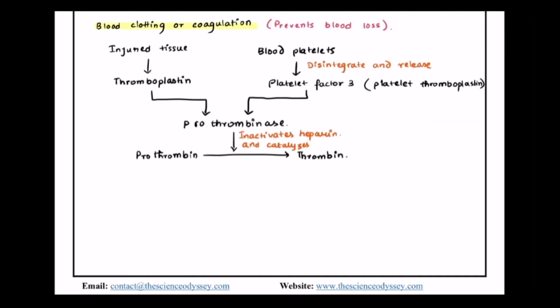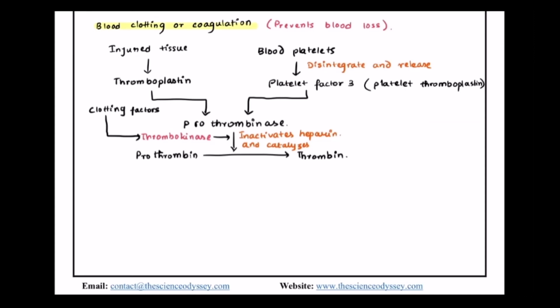And this process is also catalyzed by another enzyme which is called thrombokinase. Now this thrombokinase, this enzyme, it is coming from the activation of the clotting factors. So the clotting factors get activated and the thrombokinase is activated, which in turn is helping the prothrombinase to convert